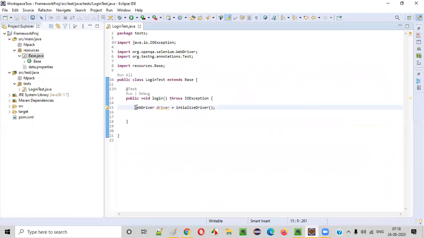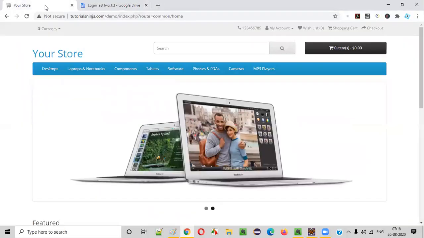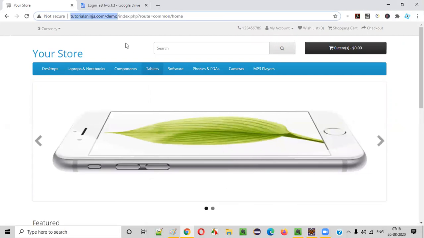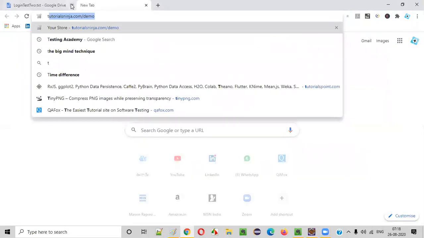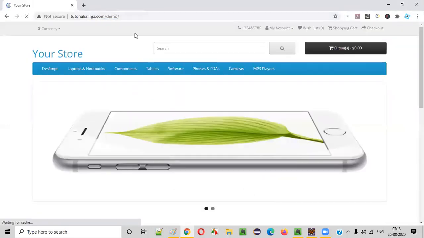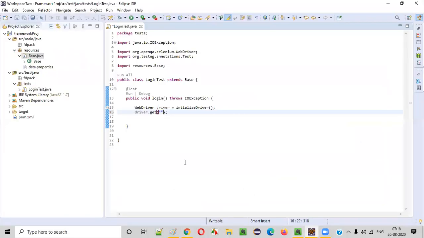Once we got the WebDriver from initialize driver, we have to say driver.get. What is the URL, guys? The URL is here, right? Copy this URL and paste it here. This is the URL, tutorialsninja/demo. Copy this and paste it here. That's it, nothing more than that.